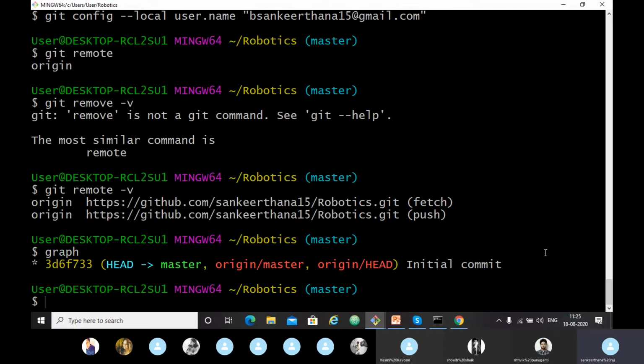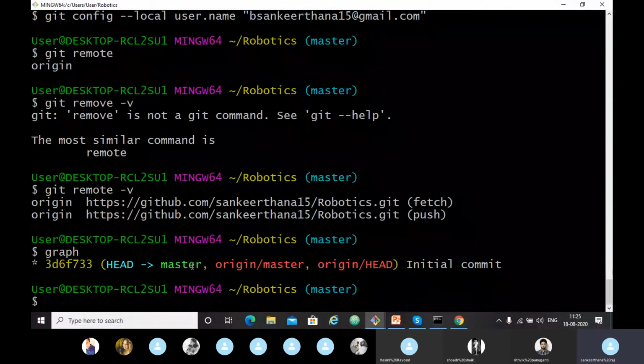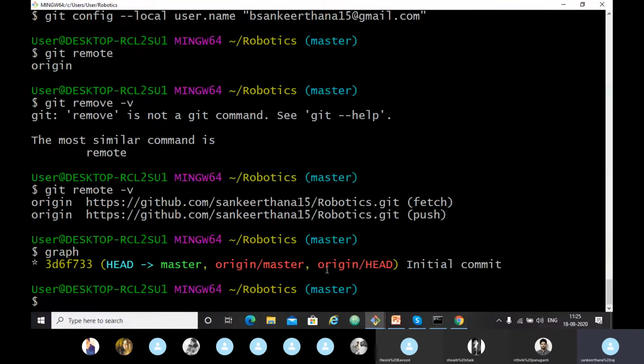That is our initial commit, which is default. GitHub made it for us to add the file readme.md. So that is the default GitHub commit. Now we have only the master branch here, and it is also checked out. You can see it with the HEAD pointer. But we have something new here: origin/master, origin/HEAD, right? We didn't see this before. Today we are seeing it. First, we are in sync with our GitHub account.